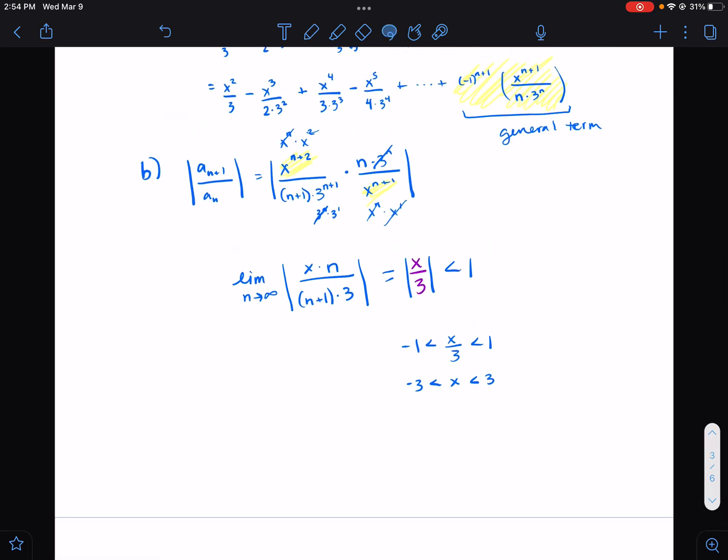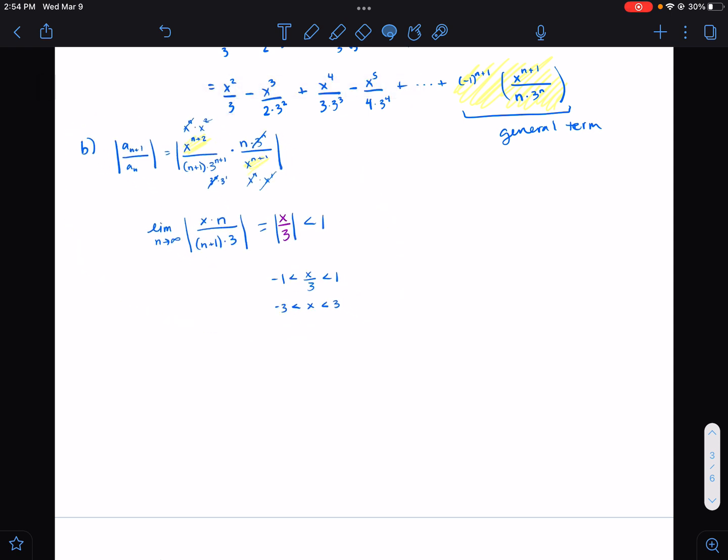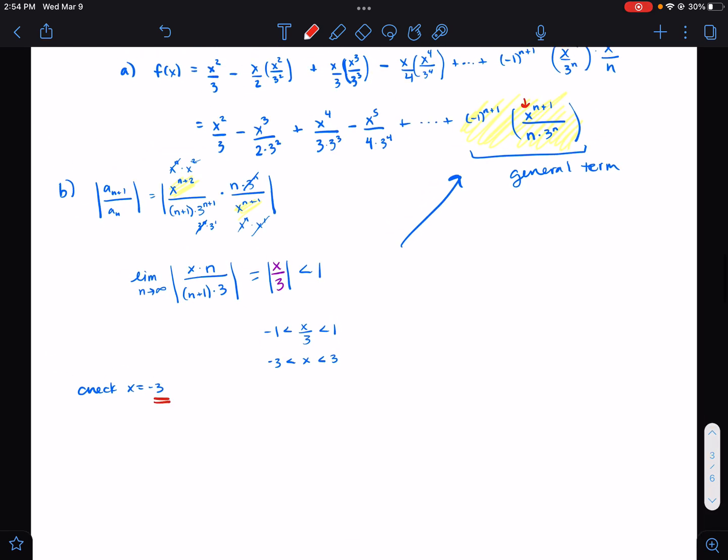Okay, now we need to check the endpoints. So we've got our interval. When we check the endpoints, we are checking the endpoints into our general term. So I'm going to check what happens when x equals -3. All I'm going to do is take -3, and I'm plugging it in for x in my general term. So this would give me the series -1 to the n plus 1 and -3 to the n plus 1 divided by n times 3 to the